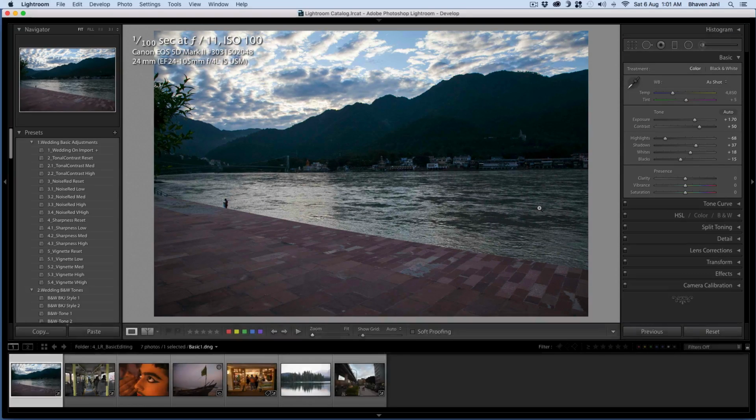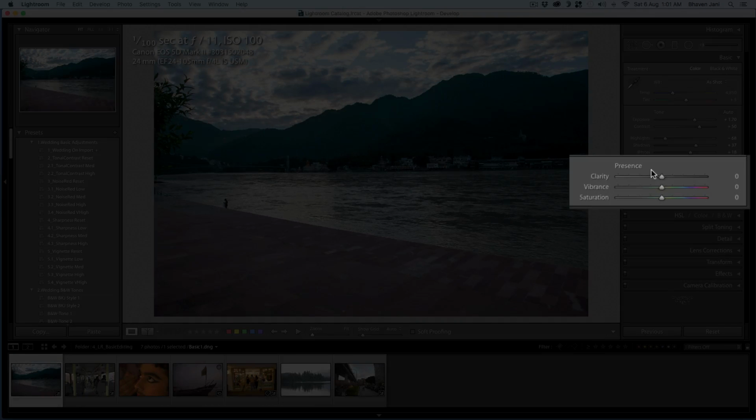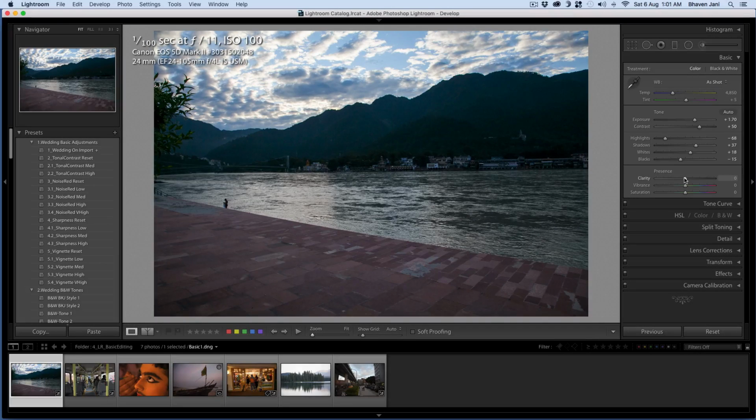Okay, so as you can see, we have got a good exposure. We have also introduced a little bit of contrast. However, we can still do a little more to this image, and for that we'll go down to this section which says presence. The sliders here add a little bit of clarity and color to your image. The first slider, clarity, move it to the right, and it introduces something called local contrast, which makes your image